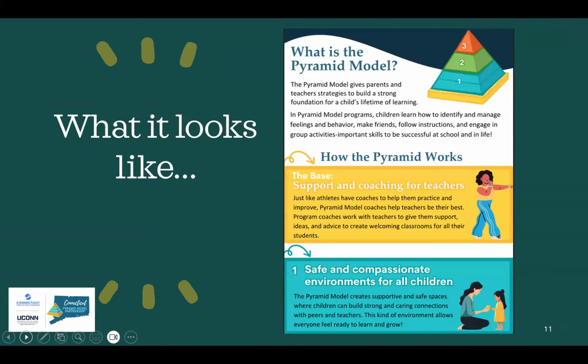The next two slides walk you through an infographic that our team at UConn School of Social Work developed and released throughout the state to orient both educators and family members and those in the field that support educators around the model. So you can see the visual of the pyramid is there, and we talk in pyramid language about tiers. You can see the base of the pyramid, or the yellow, is explained as support and coaching